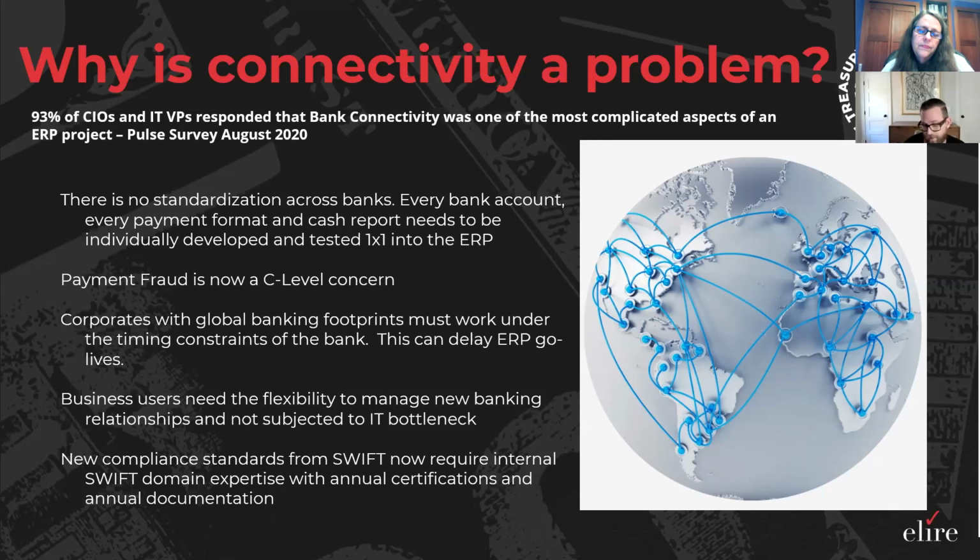Overall, the issue really stems from the fact that integration and format testing is done individually by bank. And so what we're essentially saying is that every time we have an implementation with a net new client, every one of those clients is going to establish secure FTP integration from each one of their unique ERP cloud instances with each one of their banking partners. Once we've established that unique secure FTP integration, it then comes down to doing all the file format testing, the establishment of bank reporting, in the form of BAI, or even a lot of the global payment file testing.